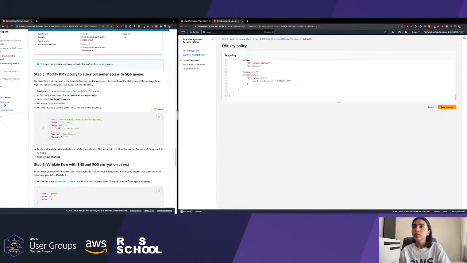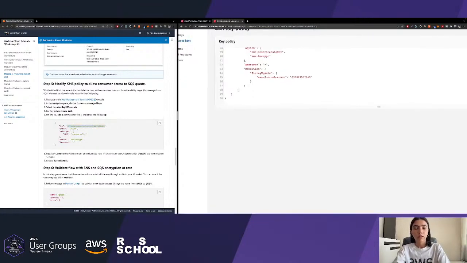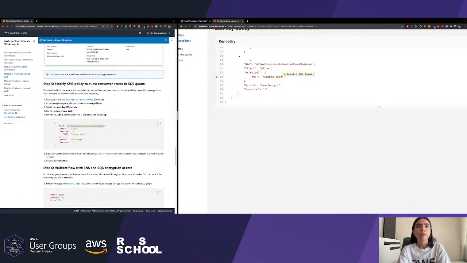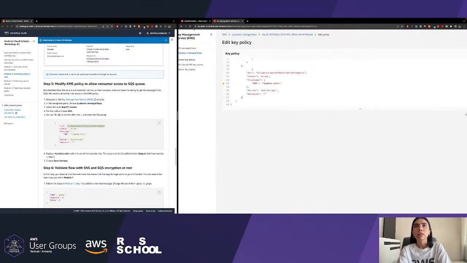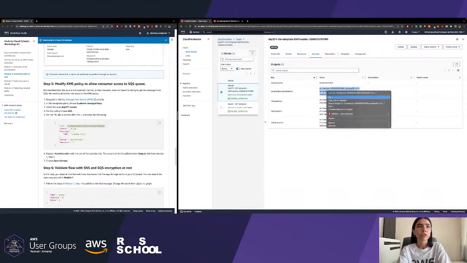We have the statement here prepared for us, just copy that. We are going to allow consumers to receive from the queue. Okay, in our case the consumer is the Lambda function itself. So just go ahead, add the comma here and paste the new statement. Okay, and for the Lambda role we again need to go to CloudFormation outputs and just copy this ARN of our Lambda function. I mean the role of our Lambda function.